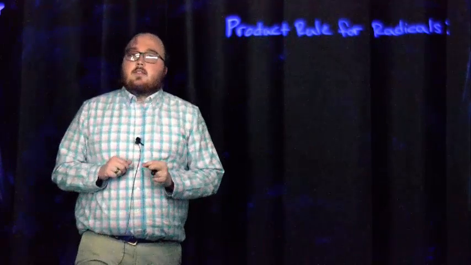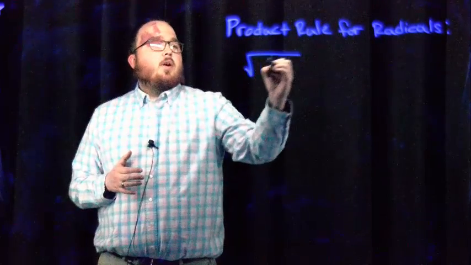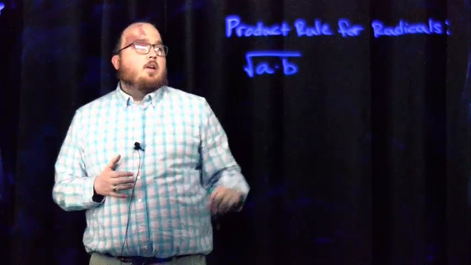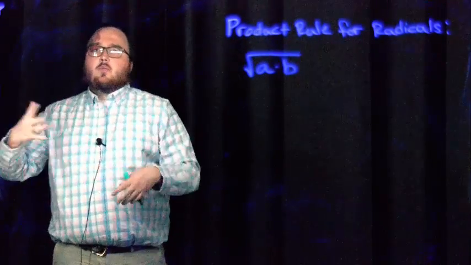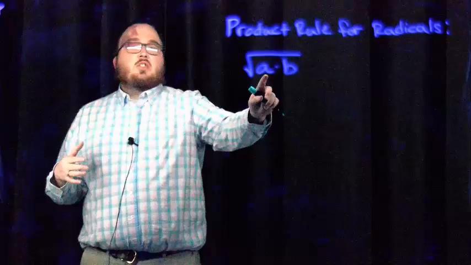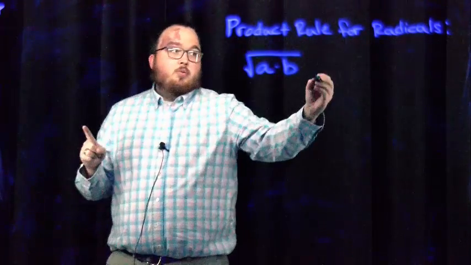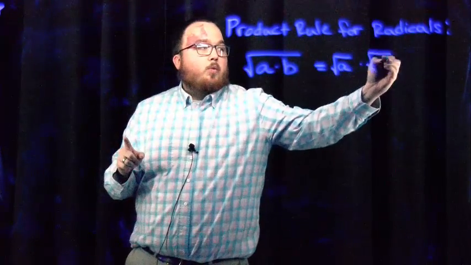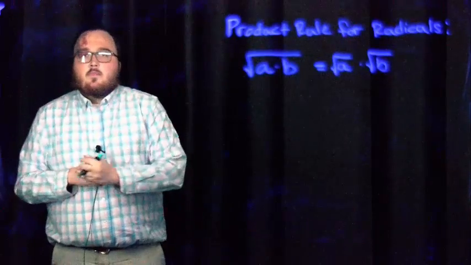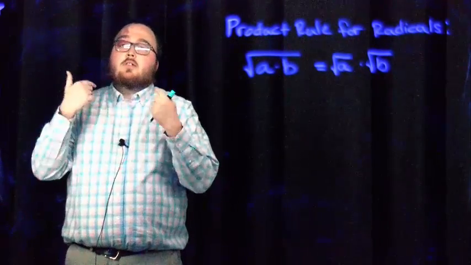And what this says is that if inside of my square root I have something like the square root of a times b, so if I had the square root of 2 times 4 or the square root of 3 times 8, if I had the square root of stuff times stuff, what I can actually do is split that into 2. So I could write that as the square root of a times the square root of b. We are going to use this for if what I have inside of my square root is not a perfect